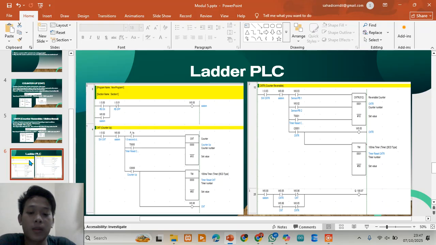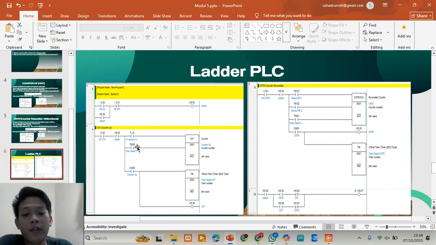On the trainer board, press the count button 10 times and the lamp turns on. Then press reset on the trainer board: the counter resets and the lamp turns off.